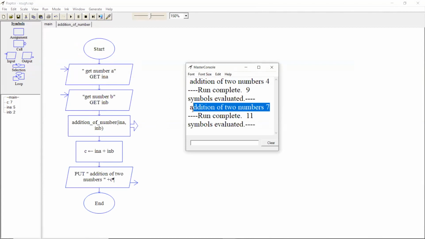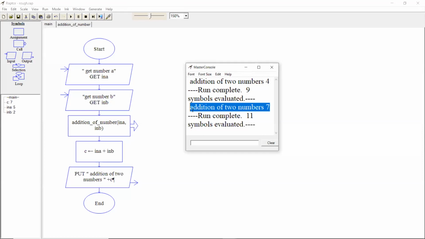So we have taken INA, INB as 5 and 2. And we have changed those values in the procedure, addition of numbers, to 10 and 15. When we come out of the procedure, INA, INB values will not change. It will be the way you have given in the beginning itself. So only a copy of those values will go into the procedure, not the actual values.